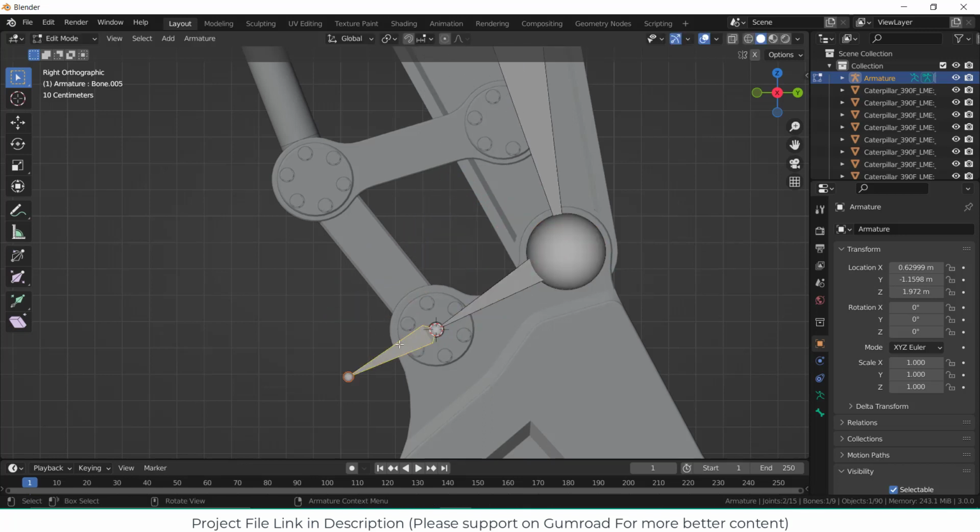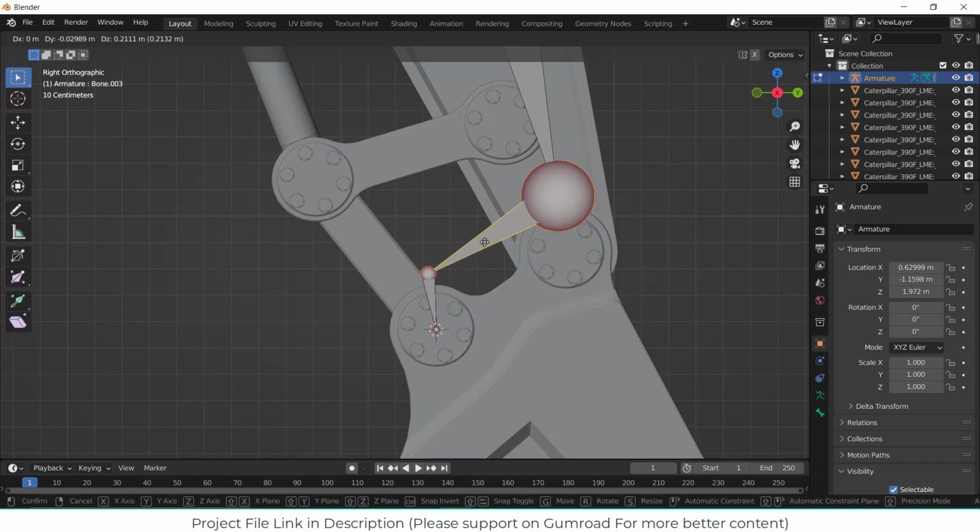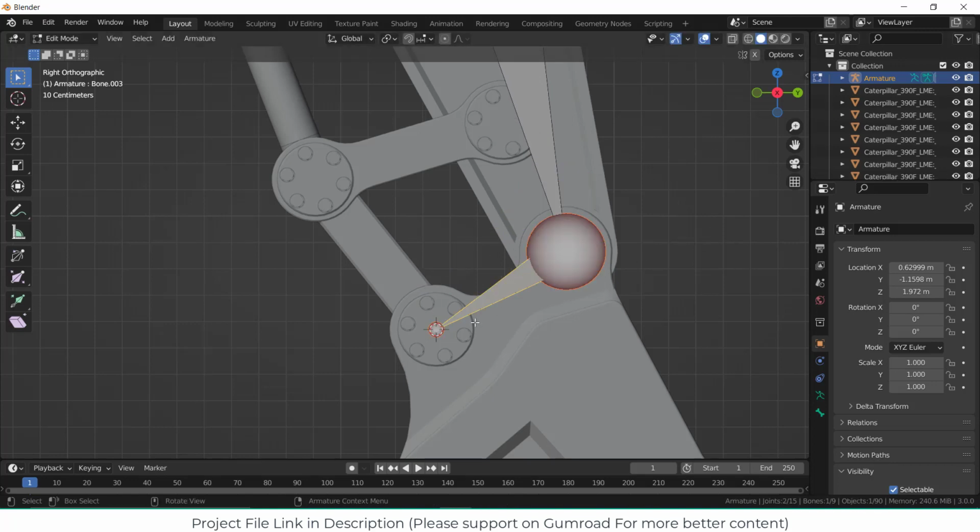For a second just hide this. Okay, if you remember correctly, Alt H, select this one and hide it. If you remember correctly, while making this bone I accidentally created more bones. So select this, G, you can see this one, the new one. So I need to delete that bone first. So what I can do,